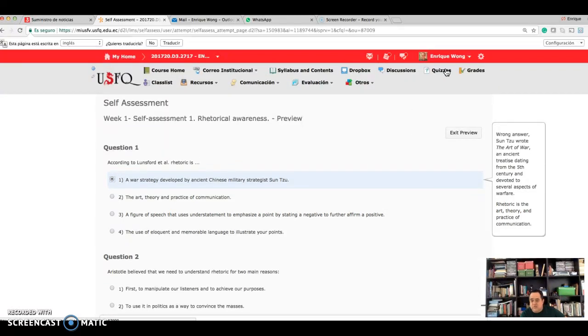Once you have taken all these online quizzes, these self-assessment quizzes in which you have evaluated your performance, you need to keep a record of the performance. It's important that you